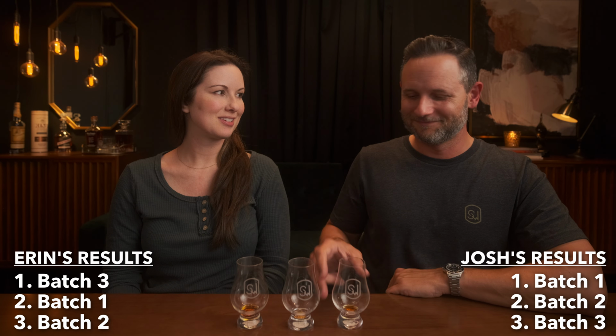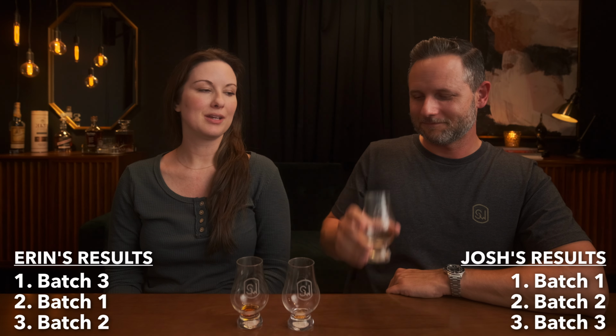Yeah. Even though, because I knew what I was drinking, I don't like doing single blinds. I think I always need to be double blind. I don't think I should ever know what I'm drinking. I don't like knowing what I'm drinking either, and we never guess because you're going to be wrong. But truthfully speaking, Batch 3 now, this was your favorite,